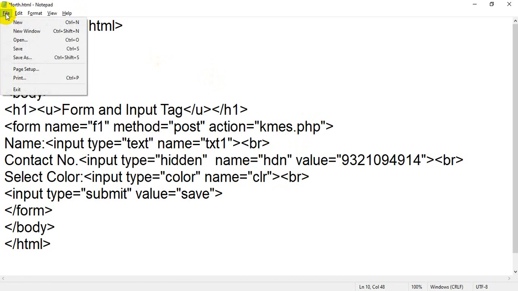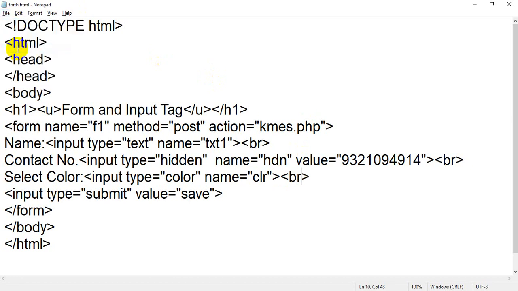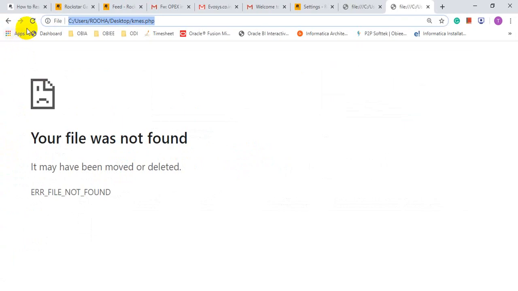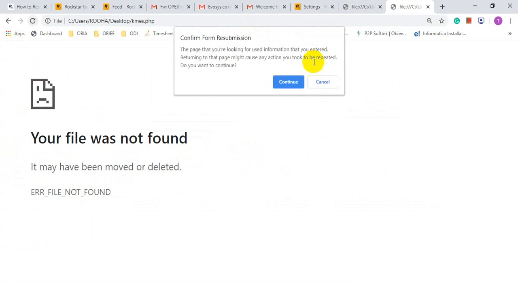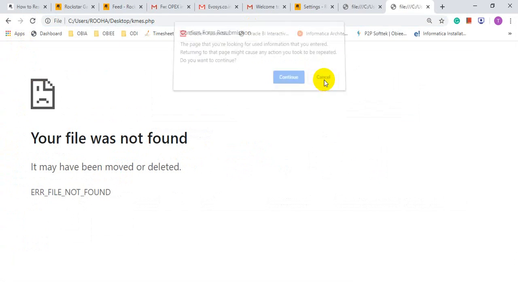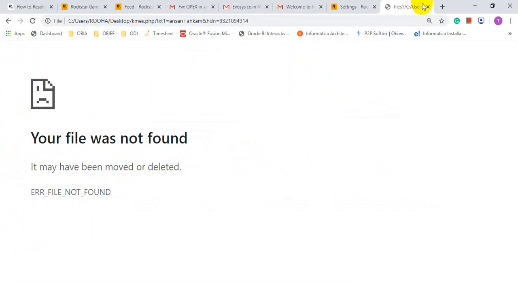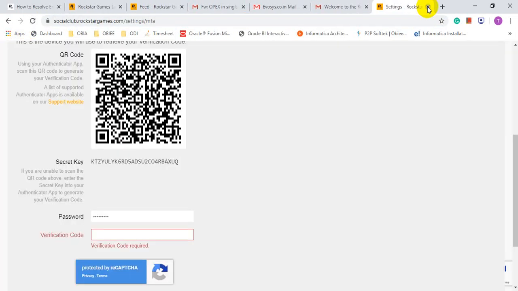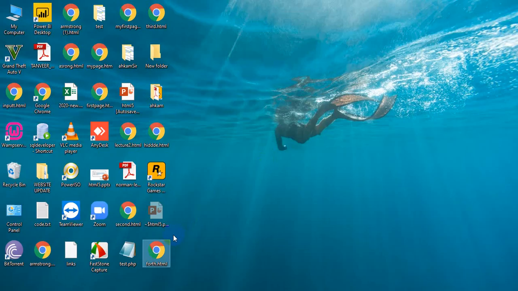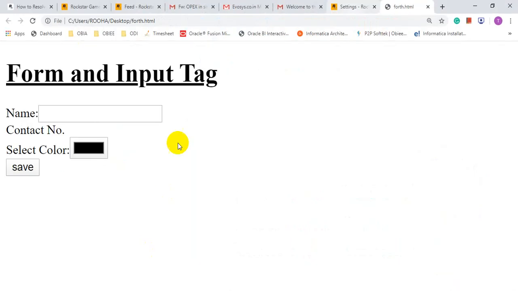Okay, so save this file, flip back to your browser, and refresh the file. It's redirecting to our page. Let me open this photo.html.